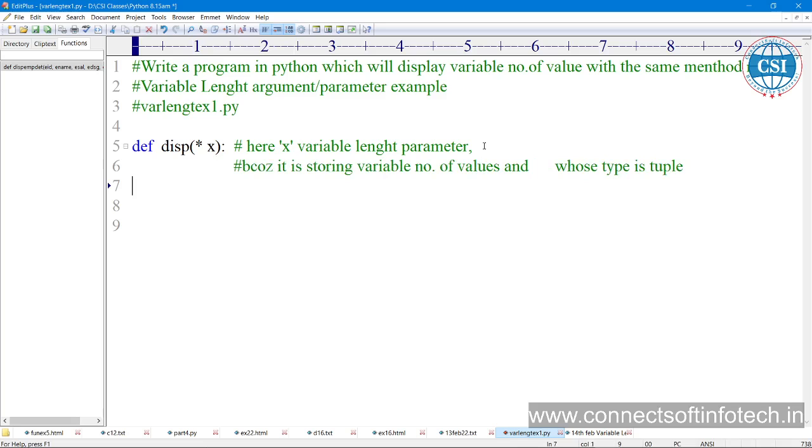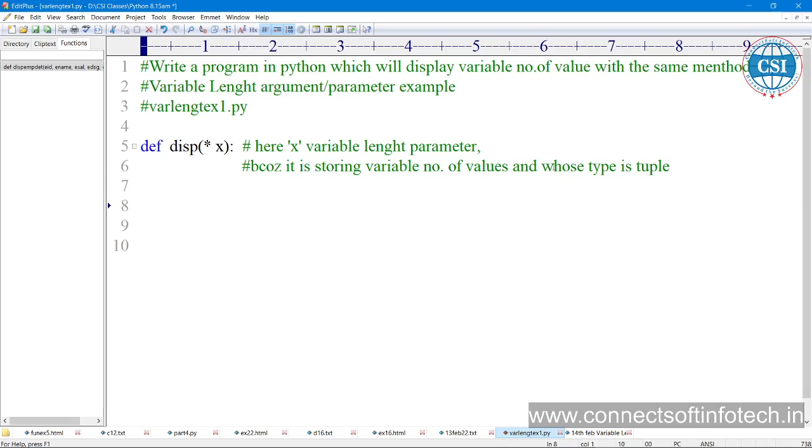Whose type is tuple. Yes. So now we can print here how many number of elements. In the body of the function we can write, okay, I am writing the number of arguments that we are passing. So I want to print all these number of elements or arguments, you can say,